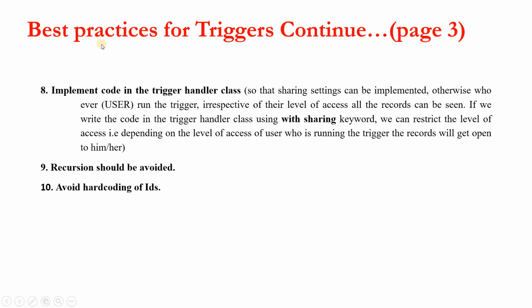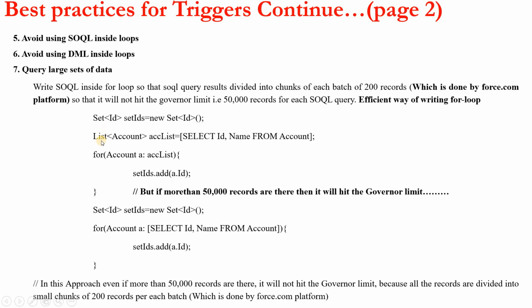Next, page 3, continuation of the best practices for the trigger. Implement the code in the trigger handler class. Okay, so we should implement the code in the trigger handler class so that sharing settings can be implemented. Otherwise, whoever the user is that runs the trigger, for example, whatever the accounts, how many accounts, for example 60,000 or 70,000 accounts are there, all the accounts will come. Even if I run the trigger, or if you run the trigger, or somebody else runs the trigger,